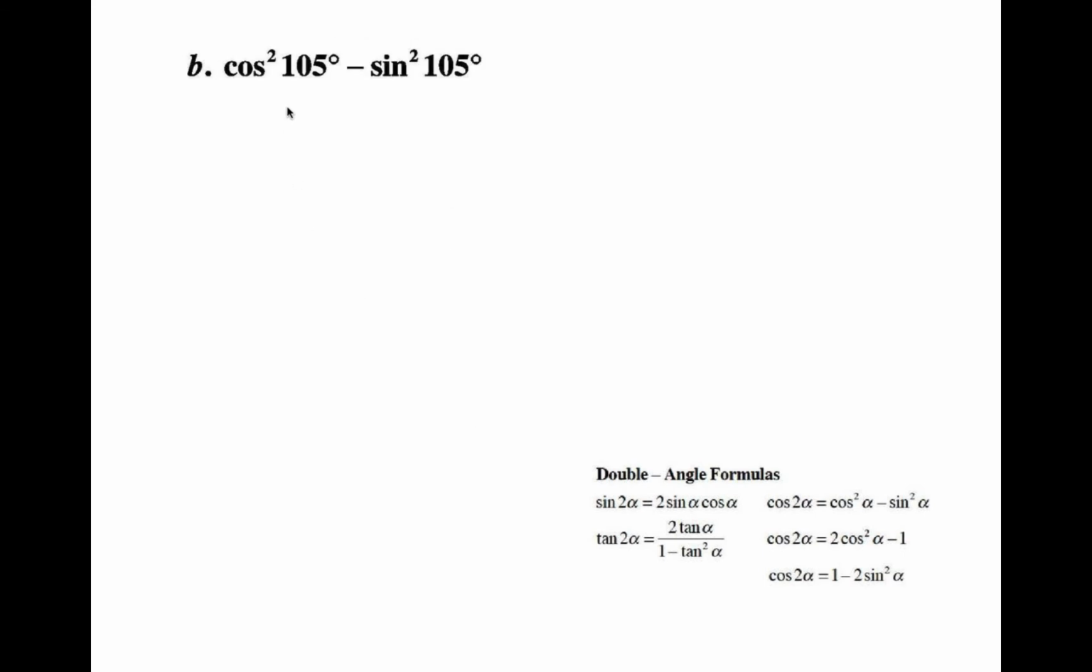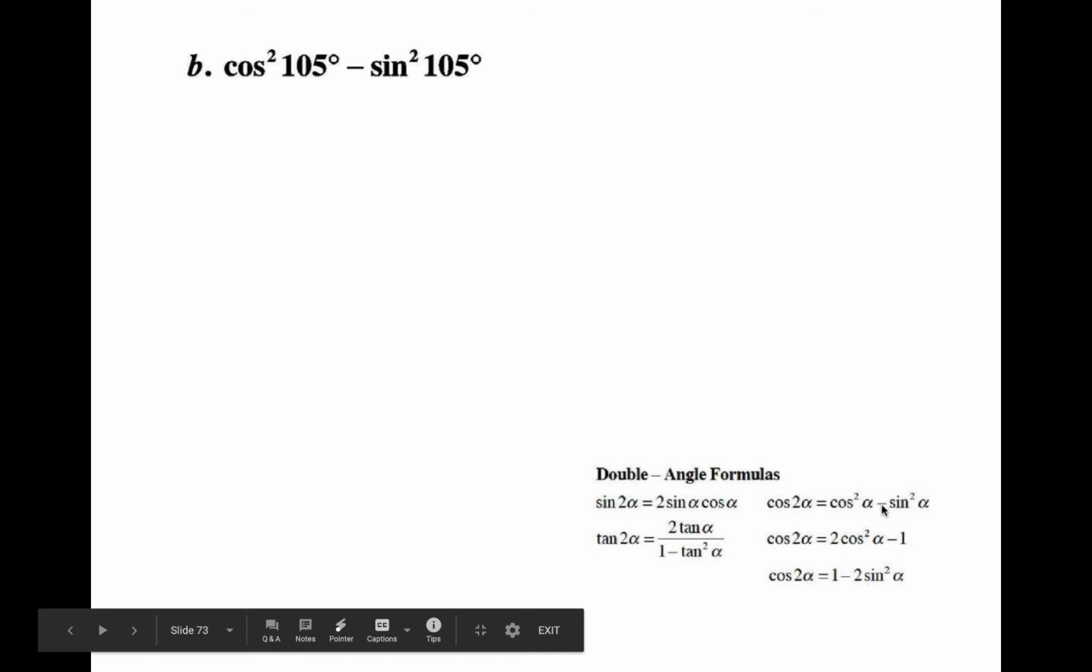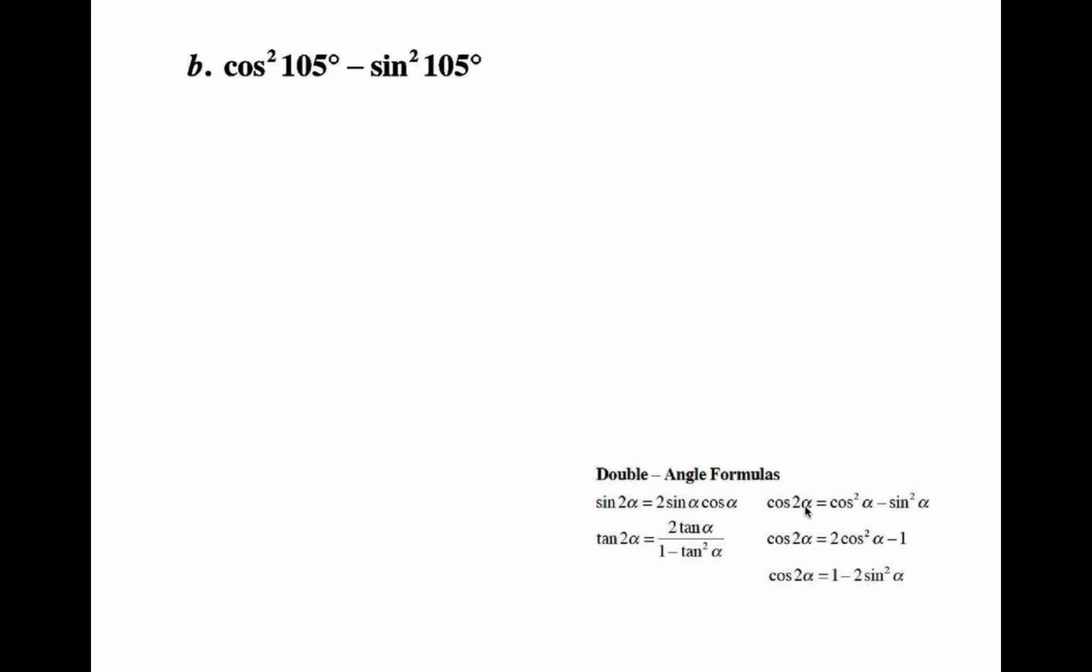All right, B, you have cosine squared minus sine squared. Notice that's the double formula for cosine. So on the left side, it's going to be written as cosine of 2 times 105. 2 times 105 is